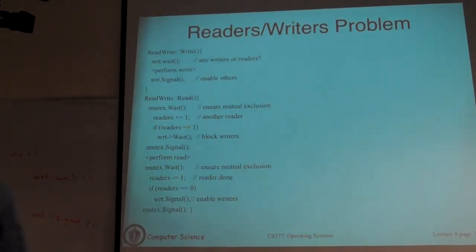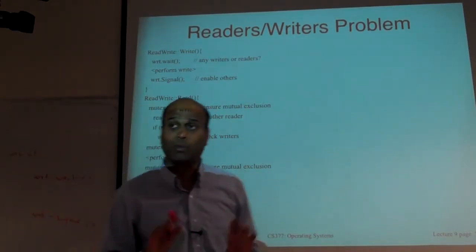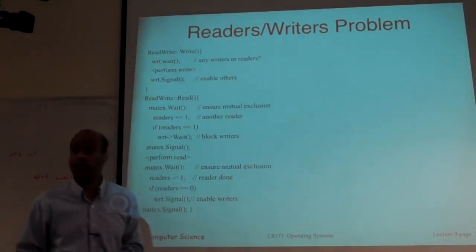You can try to understand it by going back to the definition of wait and signal, or you can do a very simple thing, which is what I said. This is a binary semaphore. In a binary semaphore, if you initialize the value to 1, wait is the same as lock acquire, and signal is the same as lock release. Or you can just walk through it and convince yourself that's what is happening. You initialize it to 1, the first thread goes in, it calls wait, it immediately acquires the lock, and the value goes to 0. Any other thread that goes in, the value goes negative, so they are blocked. So this is simply working as a lock on the write method. It's a binary semaphore equivalent to a lock.